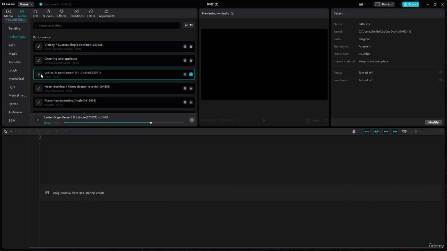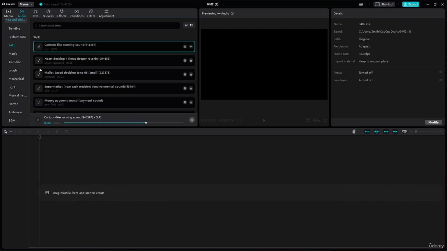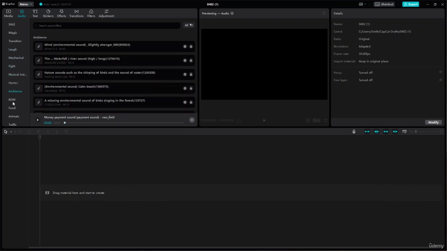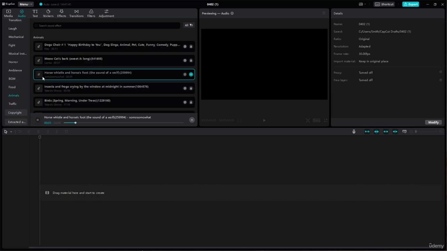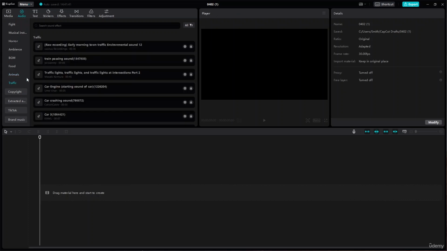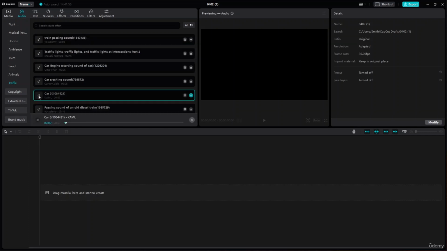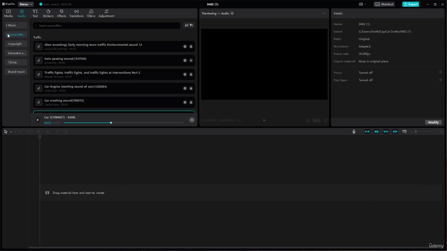Now if you want performance related, let's say this one. Ladies and gentlemen. There are a couple of these options over here. Sales. There we go, a couple of these categories to select from. Musical instruments, ambience, then we have BGM, then we have food, animals, animal sounds, you can get it over here. And then we also have traffic sound effects. You can see we also have car effects. So there are a couple of sound effects and music which you will be able to use as your stock